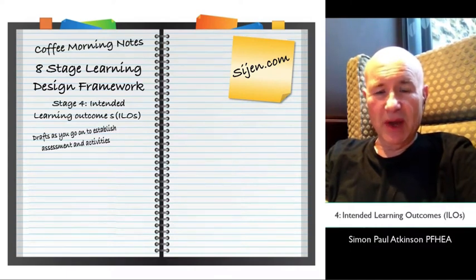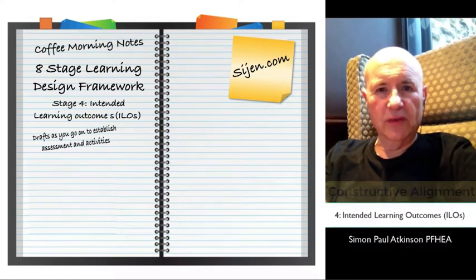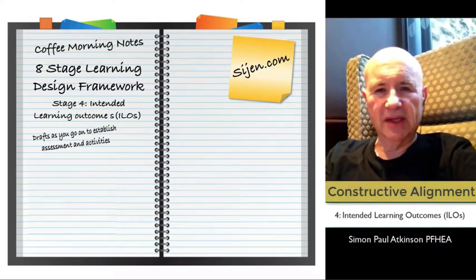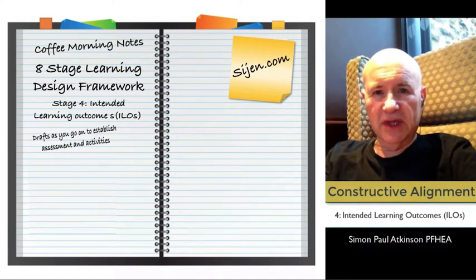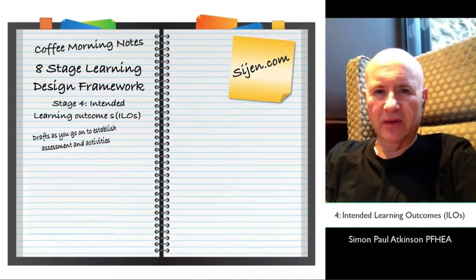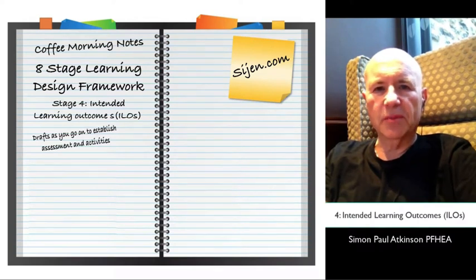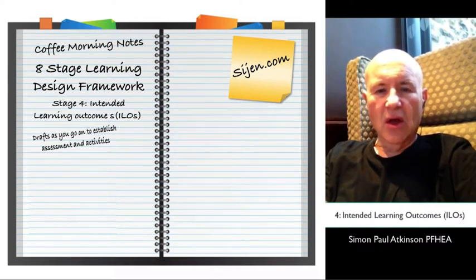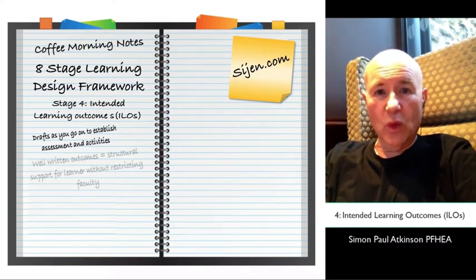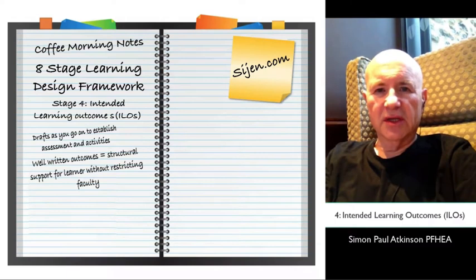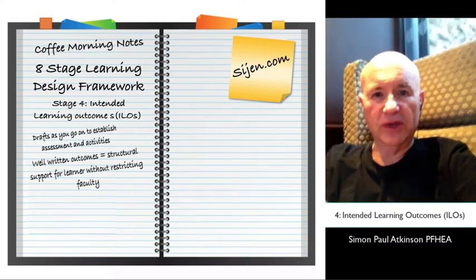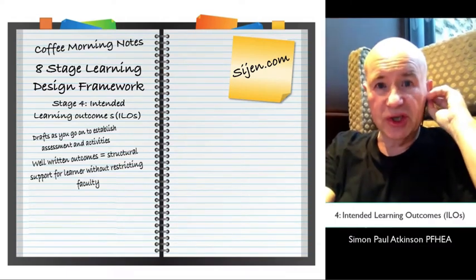You will have the opportunity to come back and revise it as you go through the next 2 stages as part of the model of constructive alignment, but I'll talk about that separately. So we're going to draft intended learning outcomes. I'm a big fan of intended learning outcomes, and I know not everyone is, but I think it's important to recognize that if they're well written, they provide sufficient guidance and support for the student as to what they're going to be doing,